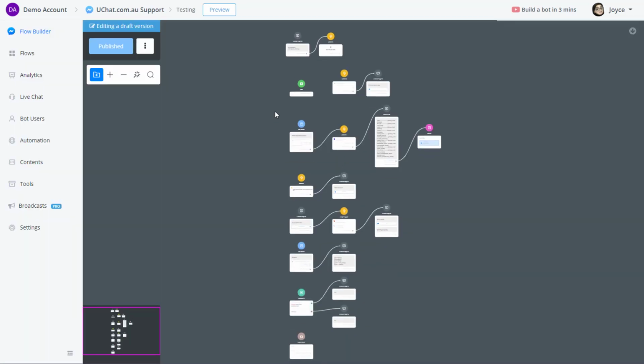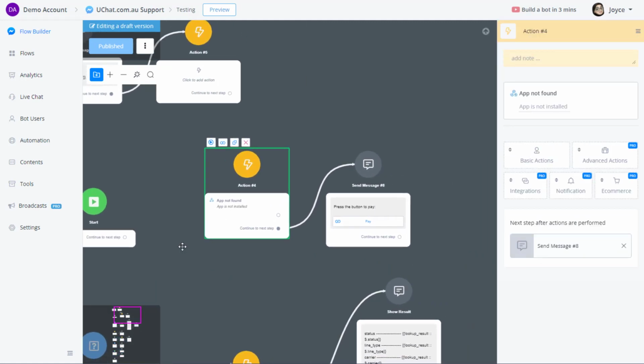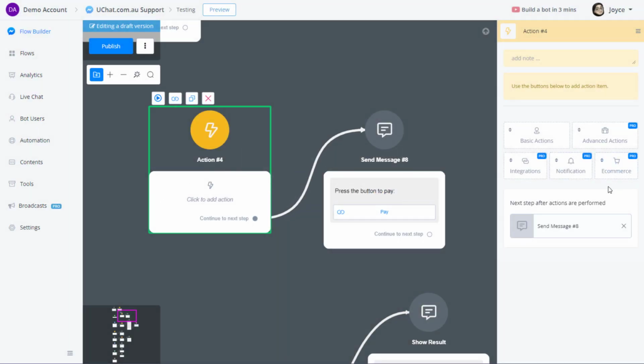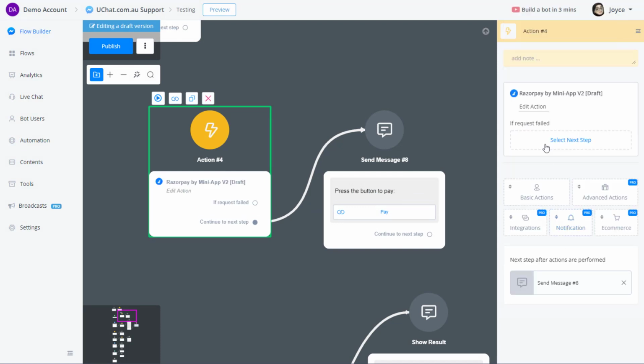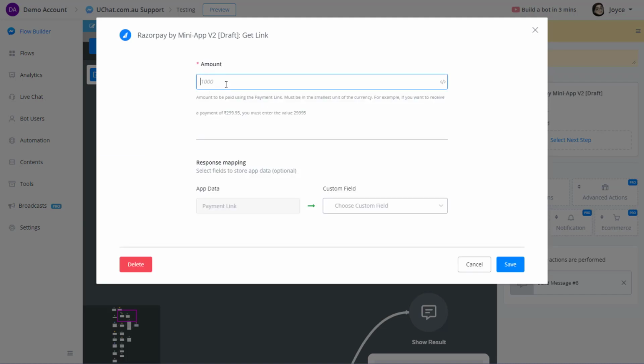Edit flow. Okay, so let me remove it first. Get an action step, integration, and ResoPay mini app version 2 draft. Click it, edit action. Now you can see I got one action called get link. Click it. The placeholder is 1000, but let me try 3000 this time. The description is here, and this is a must. And the title, okay, everything is all good. Now you can see the payment link is the title for the output,